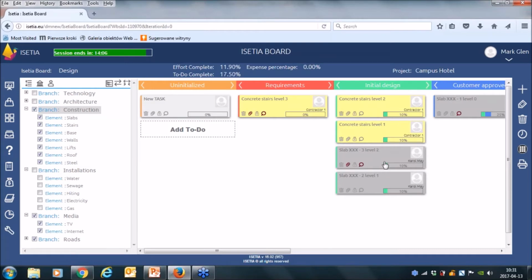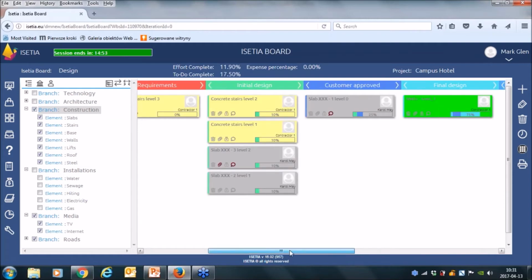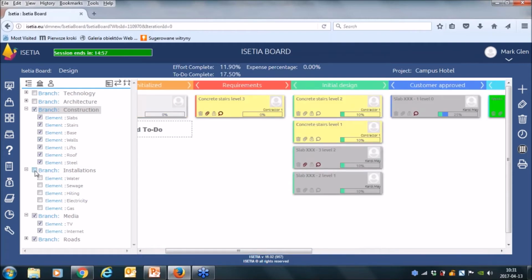But at the same time, Mr. Carol May, who is our interior designer, works on other work, slab level 3, level 2, level 1, and so on. And also our contractor is involved in these stages, this wall work. When I want to see what is going on with installation, I can launch installation.